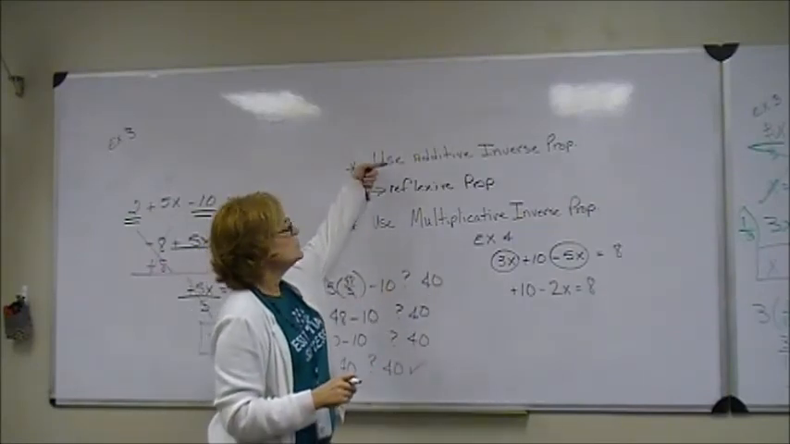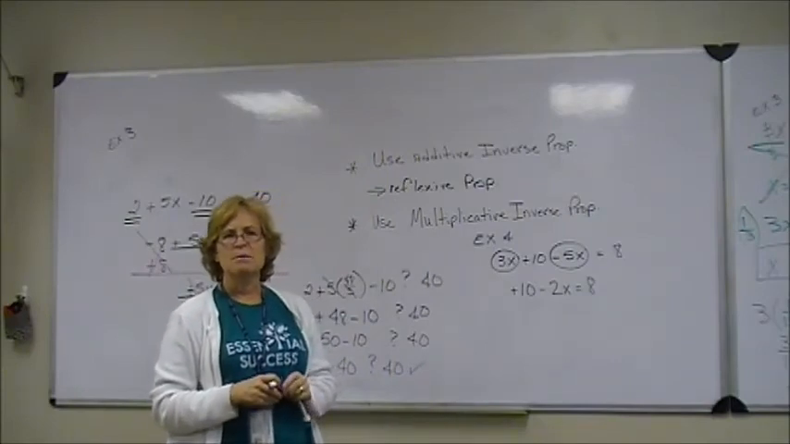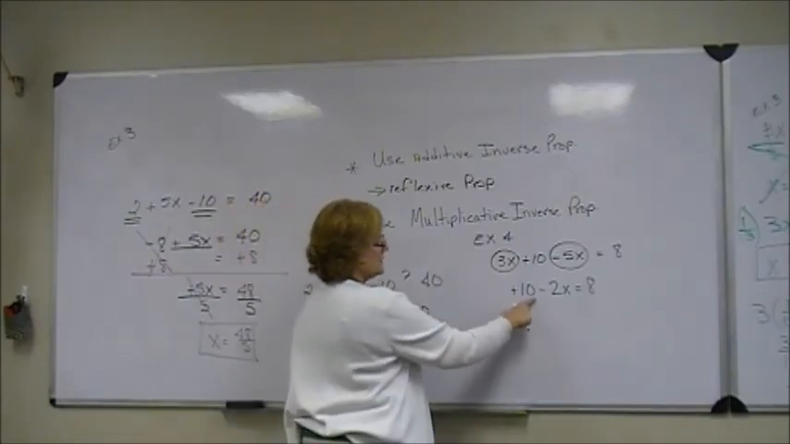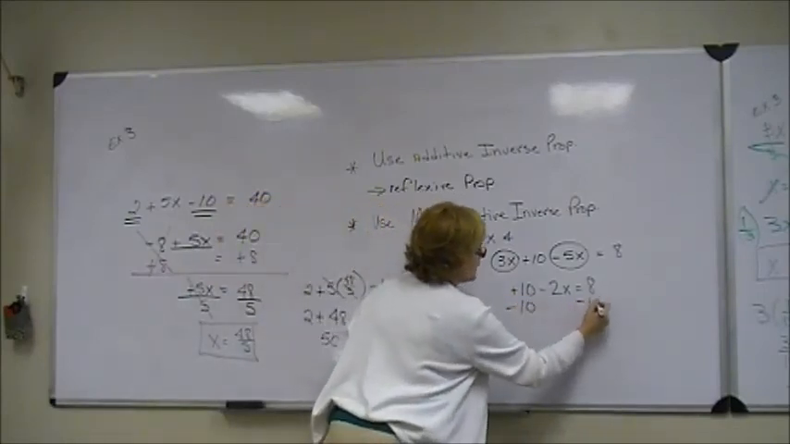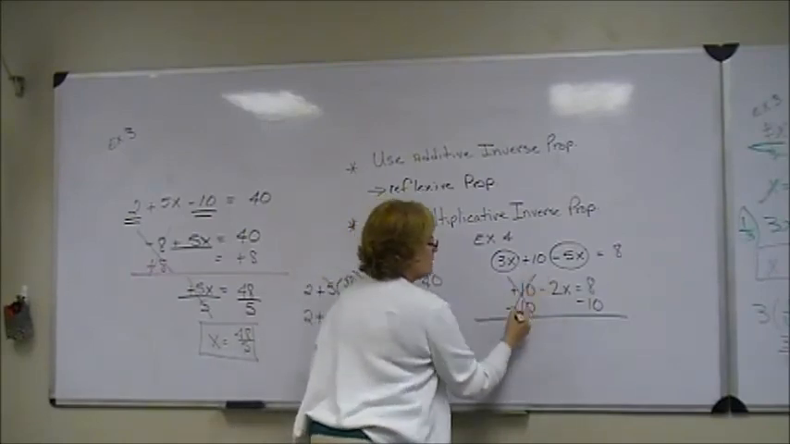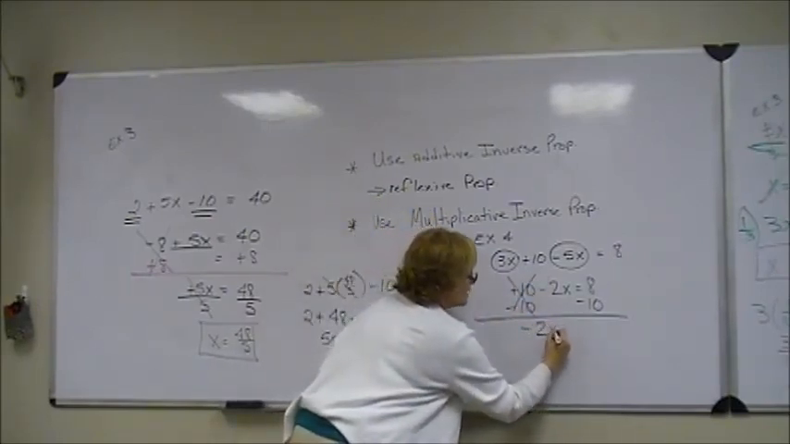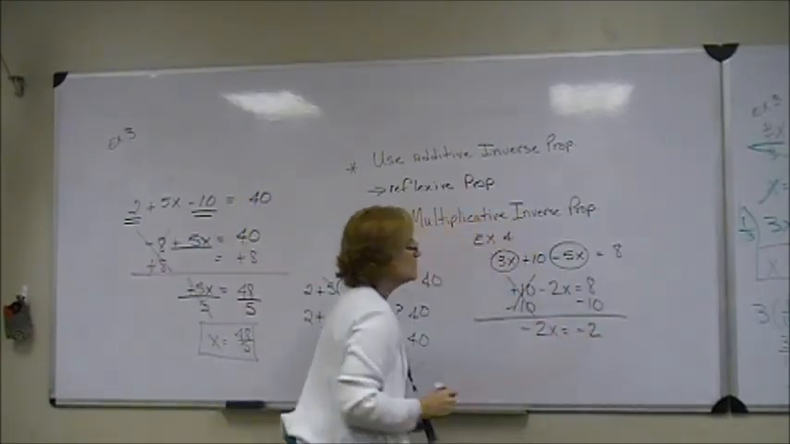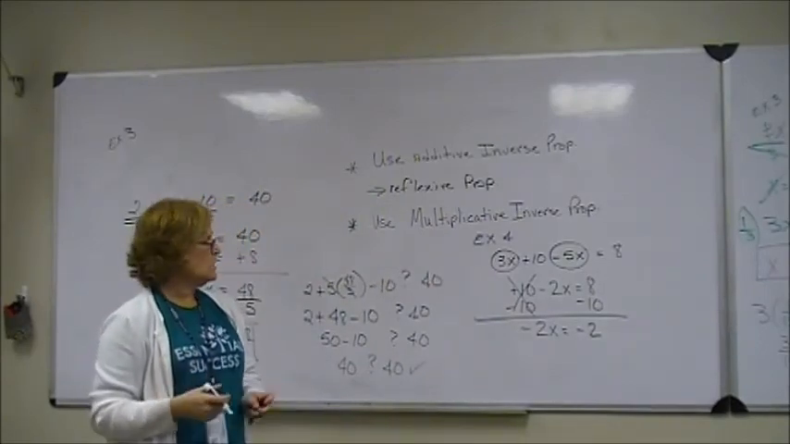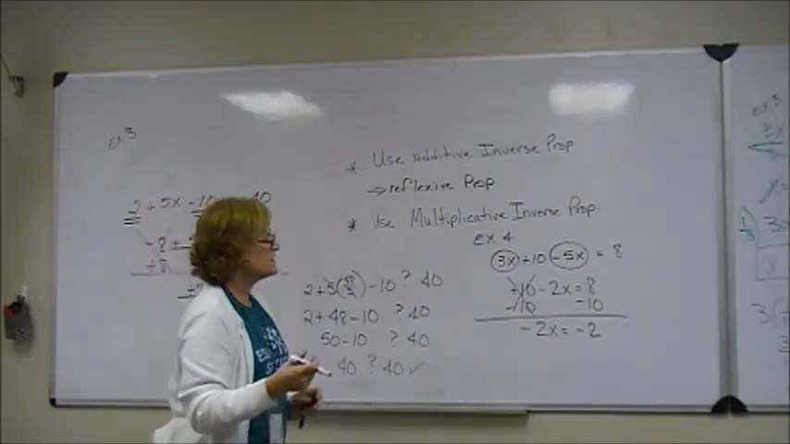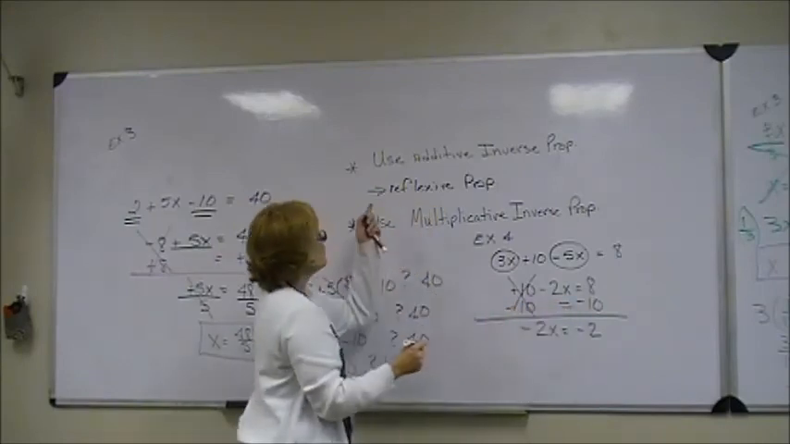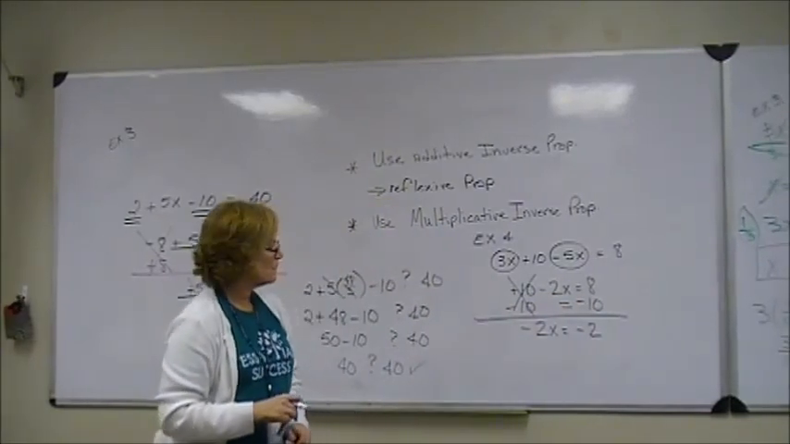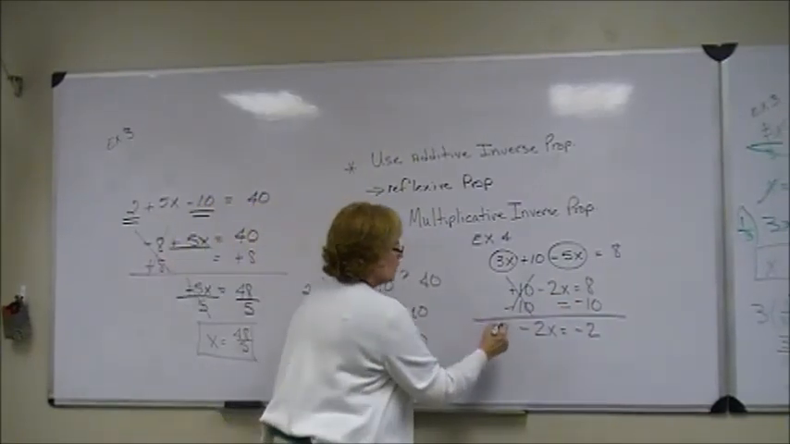So now I'm ready to solve my multi-step equation. I'm going to use the additive inverse first. And I have add 10, so that means I'm going to subtract 10 from both sides. Those cancel out. Leaves me negative 2x is equal to, and 8 minus 10 is negative 2. Now I'm ready to use the multiplicative inverse, because I use the reflexive property by saying negative 10 is equal to negative 10. When I get here, I'm going to multiply by the